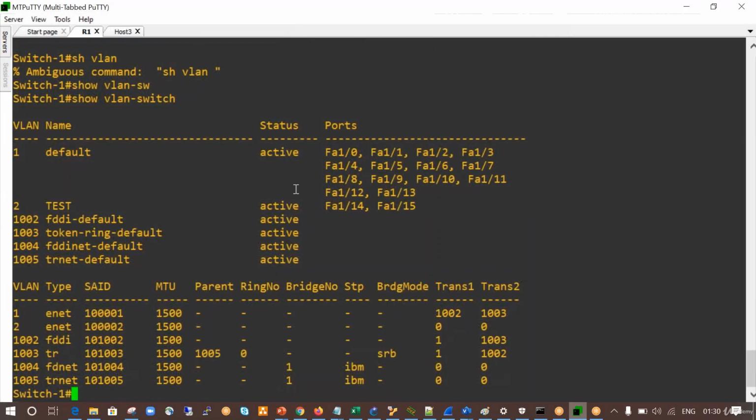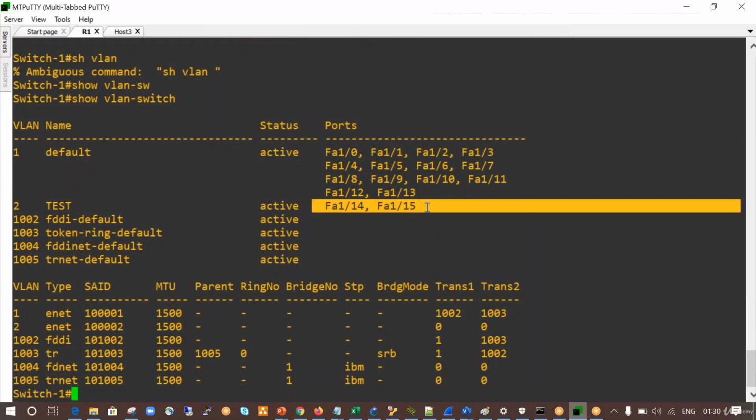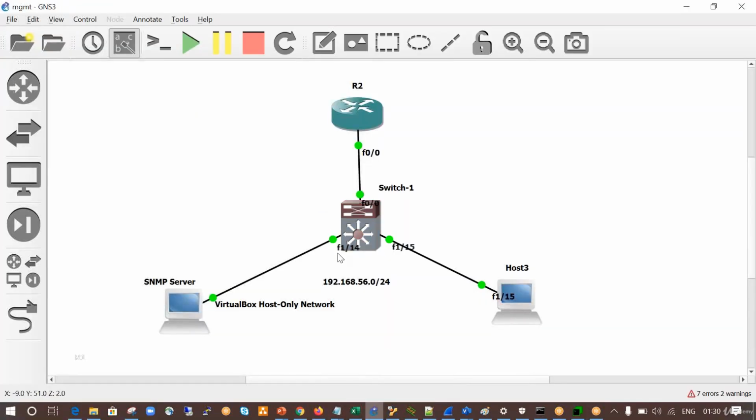Here you can see that I have VLAN 2 and these two interfaces, 1/14 and 1/15, belonging to VLAN 2. So the manager and the host are belonging to the access VLAN 2.